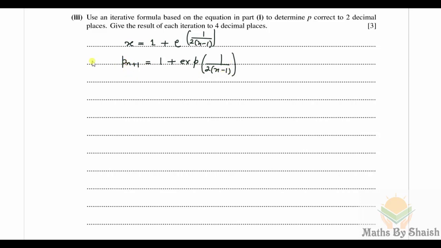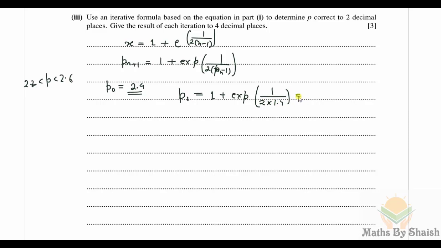Now from the second part we have calculated that p lies between 2.2 and 2.6. So we can take an initial value, I'll take this as p naught as 2.4, a mid value between these two. And then p1 from this iterative formula we will get 1 plus exponent of 1 over 2.2 into 2.4 minus 1, that is 1.4, and this is